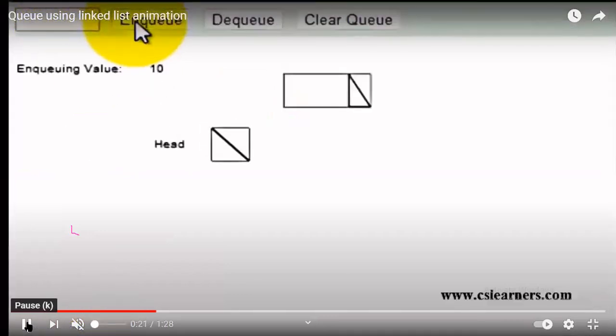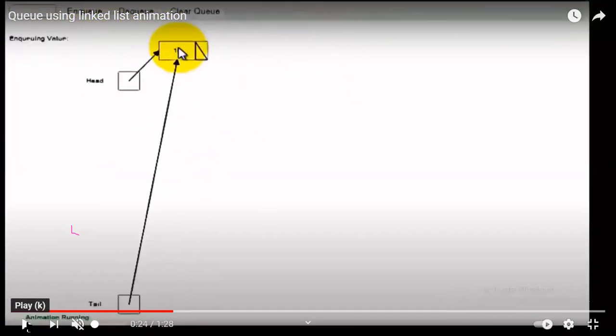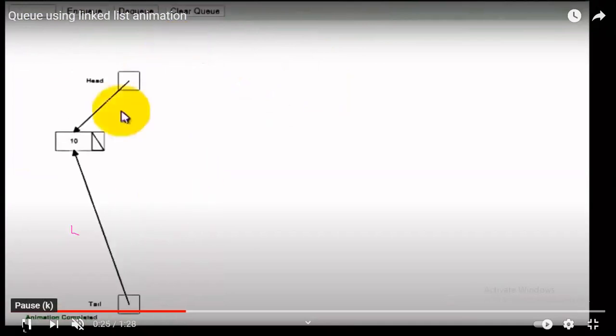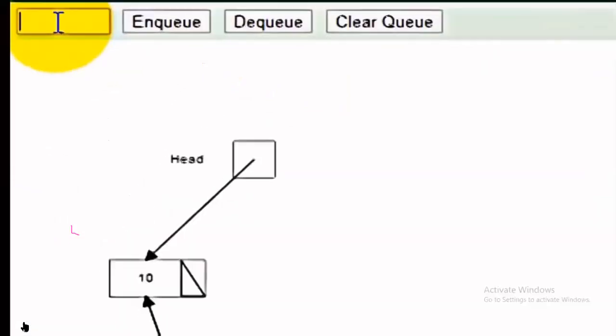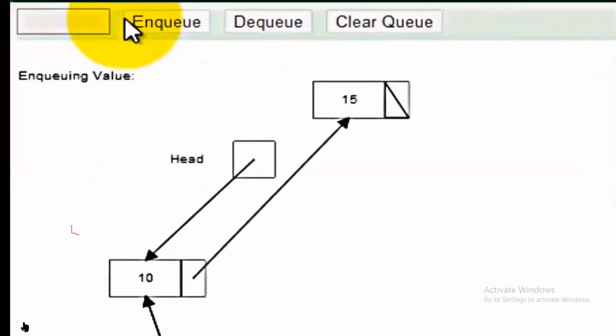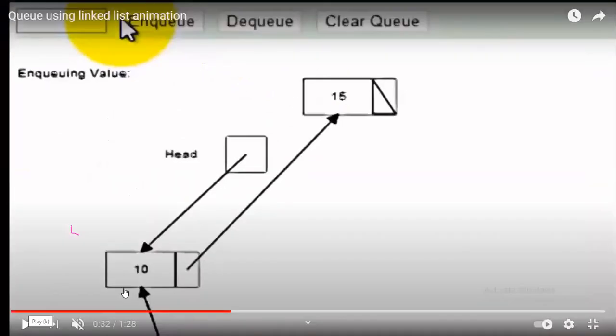When you insert NQ, that is insert using a linked list, 10 is inserted. So both head and tail will focus on the same position, 10, and this is null. The second compartment is null. Next, this is the major concept. Again, you insert 15. When you insert 15, it is an NQ operation. In the NQ operation, what happened? Now see here, how is this pointer being connected? If 15 is inserted, the second compartment is null, and the tail is focusing on the previous one. This we have to update.